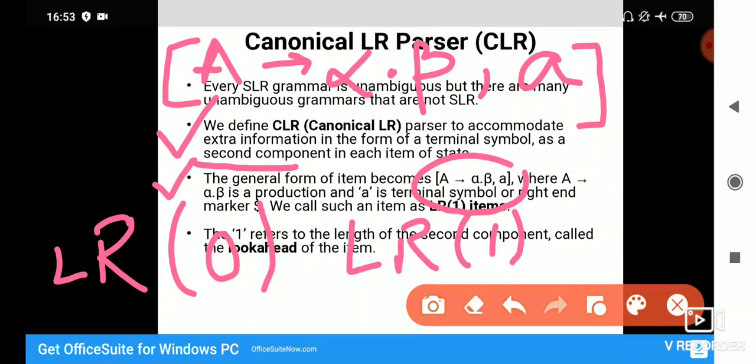Why is 1 said? Because we are adding one component. So 1 stands for the length of the component that is added. If we are adding two components, it will be LR2 and so on. So this is called an LR1 item. Another name for CLR parser can be LR1 parser also. And 1 refers to the length of the second component, which is called the look ahead of the item. We are aware of the look ahead symbol.